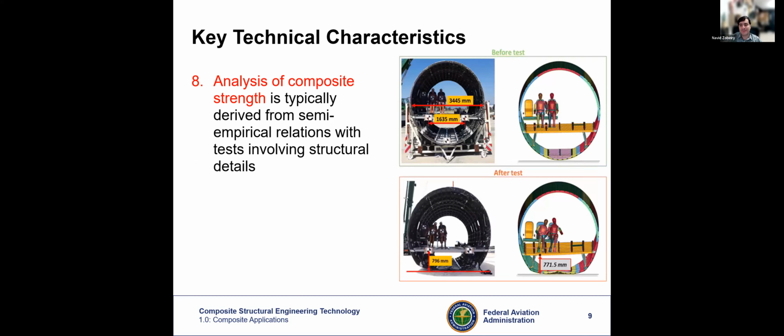Number 8, it's quite challenging for us to do analysis on composite strength and composite failure. Here's some examples, which we're going to discuss later on. This would be the last lecture of the course about crashworthiness. Let's say you have a composite fuselage, and to certify this, to show that this can actually handle the case of an impact, you drop the fuselage from a certain height, and then you have to be able to analyze